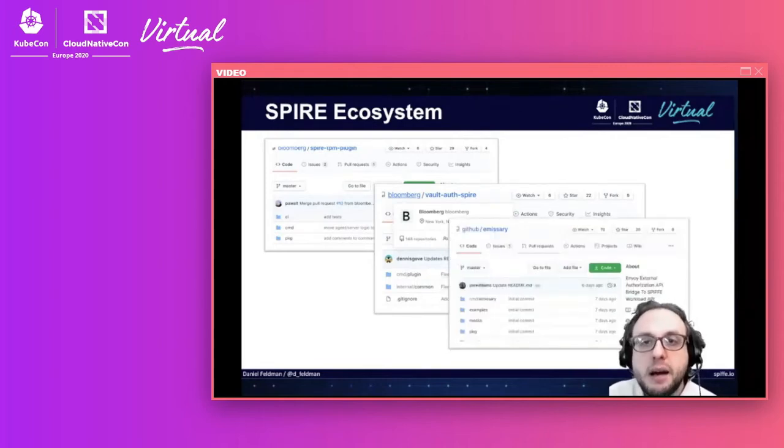Finally, GitHub has released Emissary, a sophisticated sidecar proxy based on Envoy that implements a client for the workload API and also flexible access control based on SVIDs. This lets you wrap your existing services in a fully featured SPIFFE client so you don't have to change a lot of code. I'm really looking forward to using this one in our own projects.